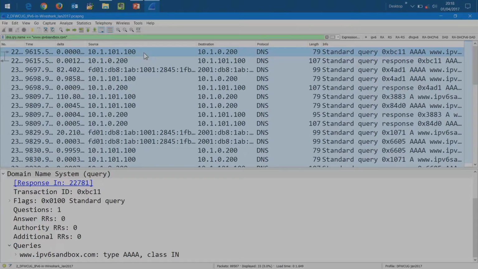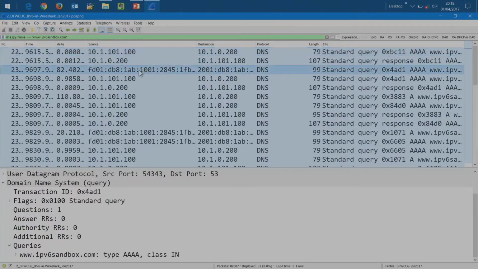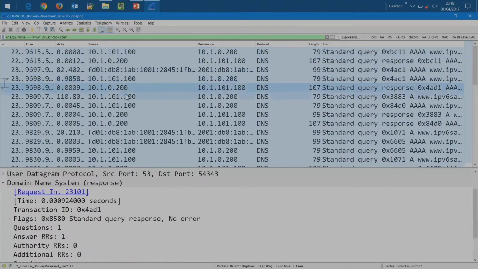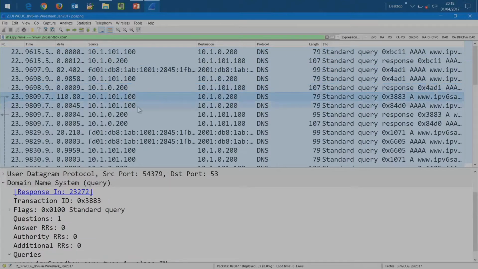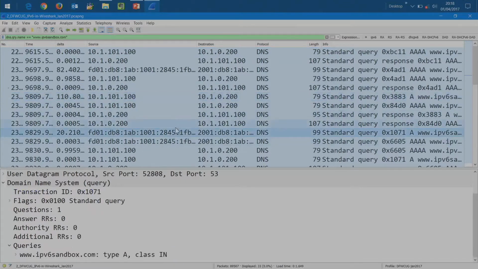If I come down a little bit lower, I find out this guy looks like he made a request but never got a reply. This guy did. This guy here made a request and it looks like he might have got a couple replies. This guy here, he actually sent another A record or another Quad A record. And then we see that this packet over here is a reply to something that I missed.